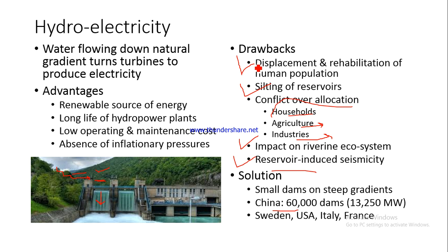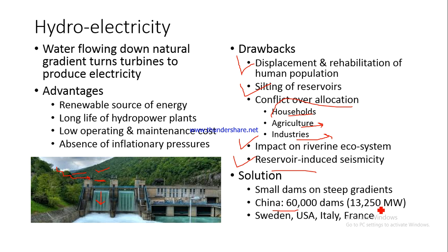So that is why China has actually constructed almost 60,000 such dams, right? However, they are producing just 13,250 megawatt of electricity. If you do a calculation, you will find out that basically every 5 dams are producing 1 megawatt. So in a way, one dam is producing just